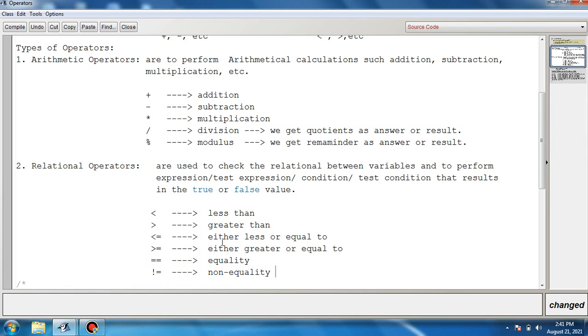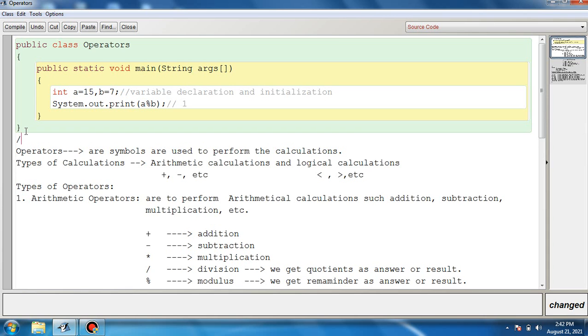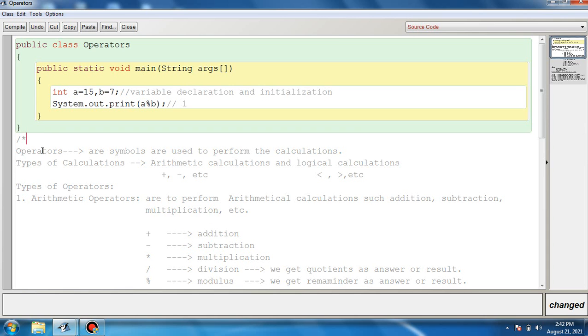So let us discuss all these relational operators practically, one by one. And remember, as I have told you, all these relational operators result in a Boolean value, either true or false. Let me show you practically. Let us make this a comment. I will type / and then the asterisk symbol.